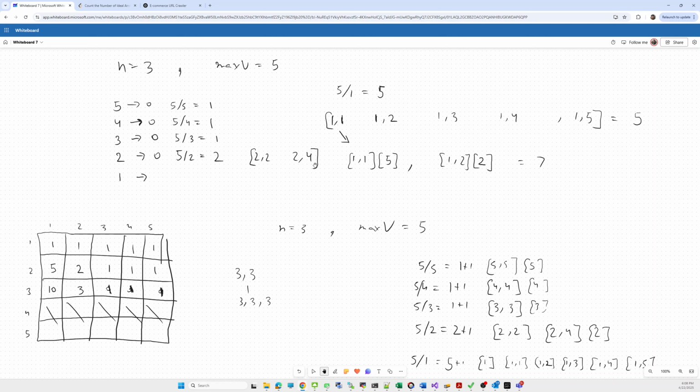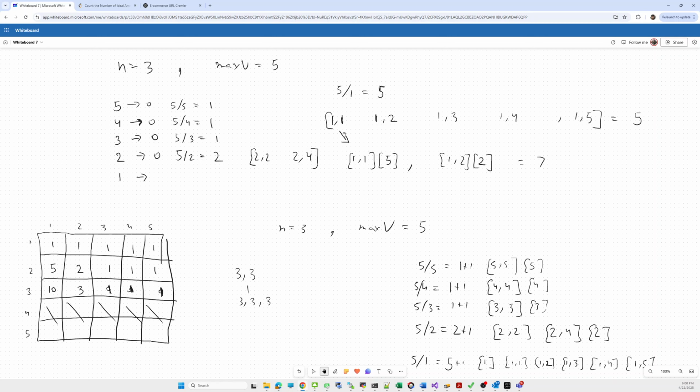I will try to visualize this more. Let's check using 1 how many sequences we can form. Using 1, first we can form 5 sequences: 1 1, 1 2, 1 3, 1 4 and 1 5. And one more, the single element 1 itself.